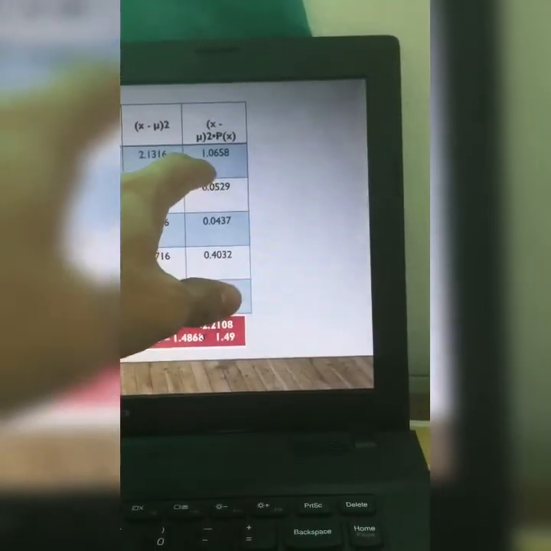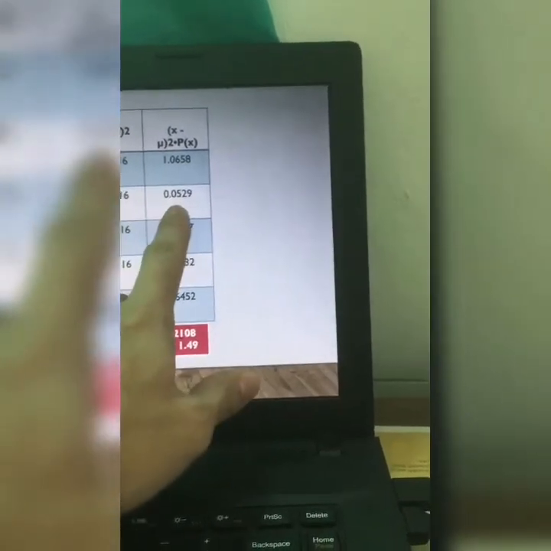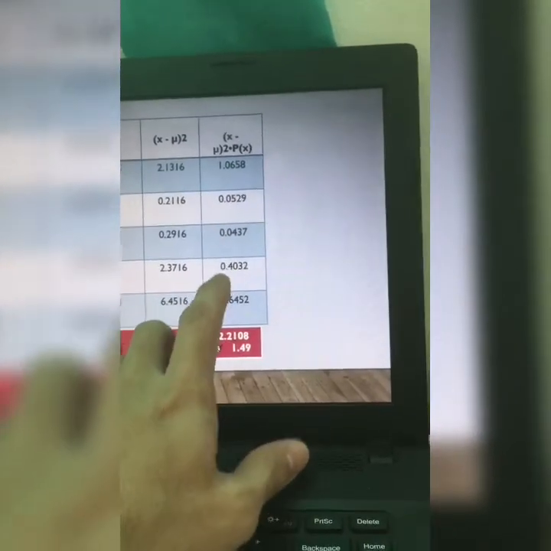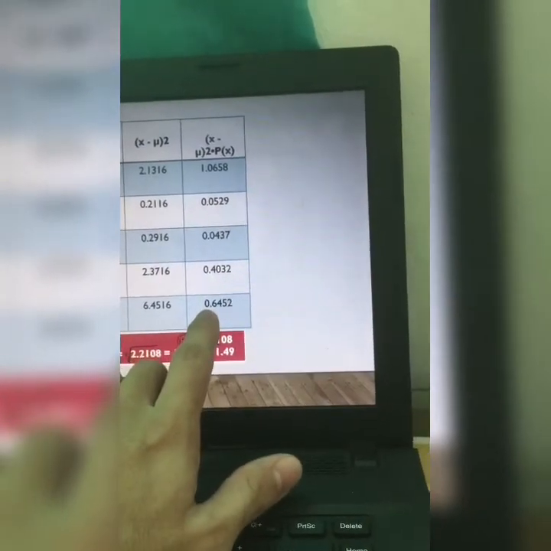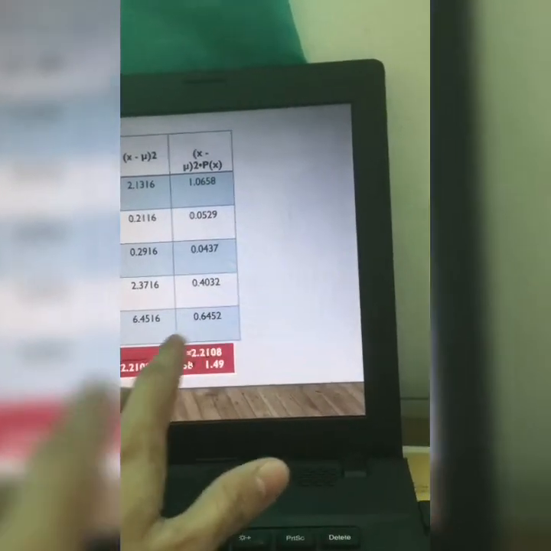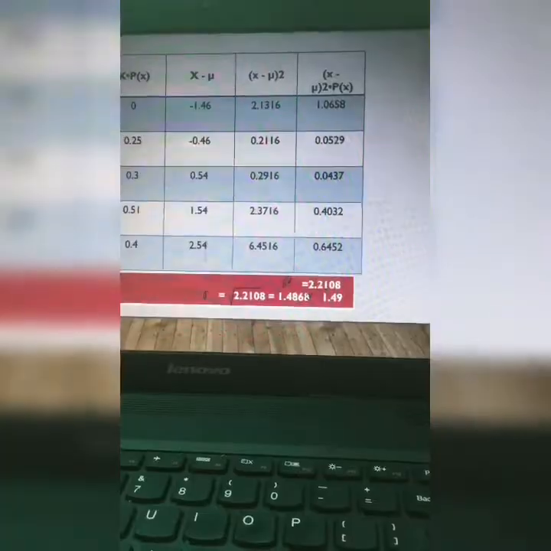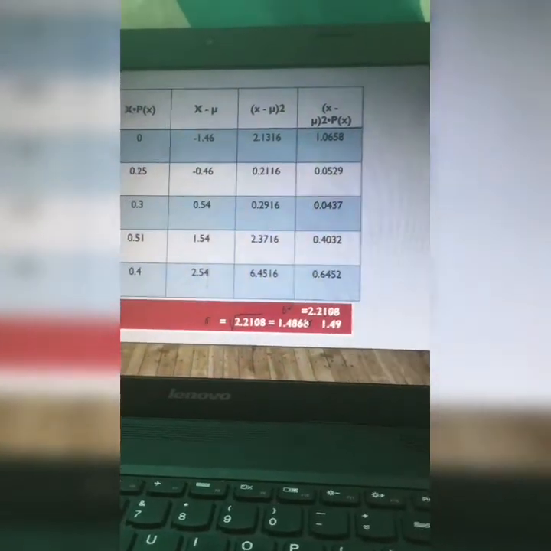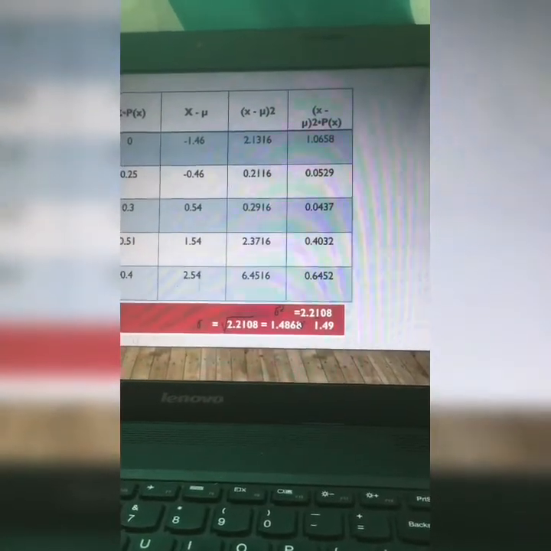So let's try 1.0658 plus 0.0529 plus 0.0437 and 0.4032 plus 0.6452 equals 2.2108. And now, para naman makuha natin ang ating standard deviation, which is 1.49, we only have to square root